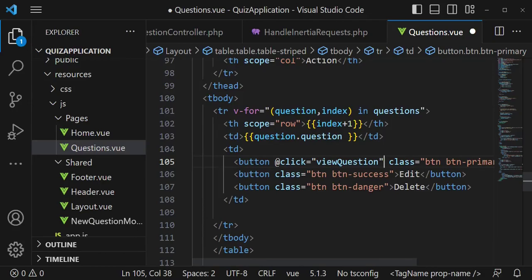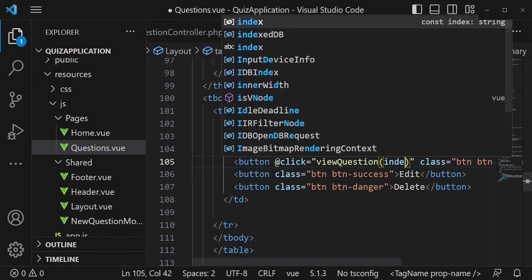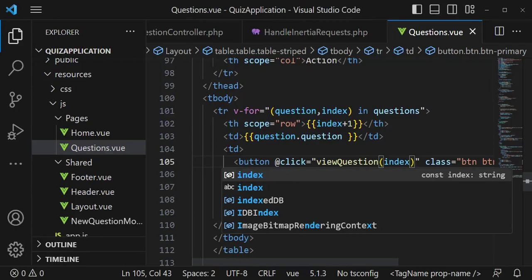And I also want us to, because when we were looping in, we were able to get the index of the question. So in this case, it will assist us to get the current selected row. In this case, I also want to pass in the index. So I will type in here index. And then I'm going to create a method that is called view question